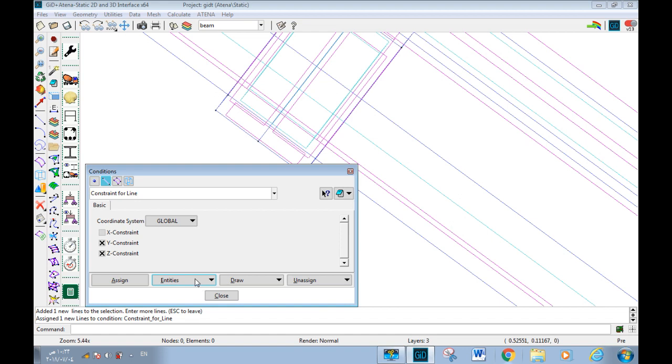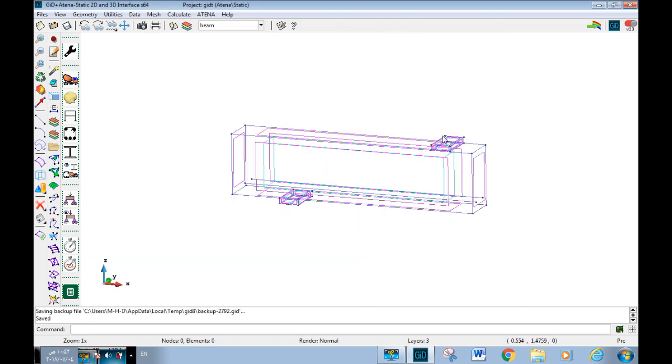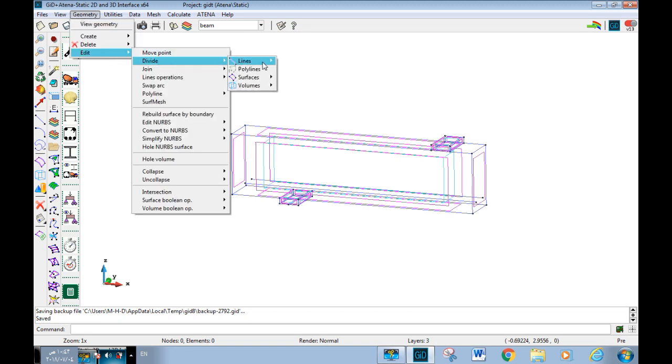To be sure, from draw line, the line will be colored. And okay. Now we will define the displacement on the top plate. This load should be applied on a point in the middle of the plate. To draw this point, we will divide the top surface into two surfaces, and then the line will be divided into two parts. So we can divide from geometry, divide surface,